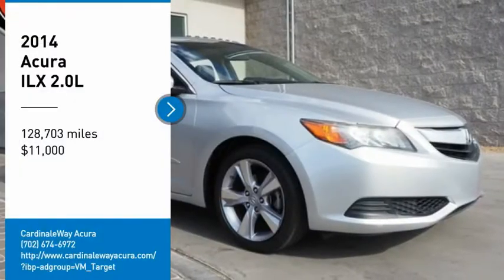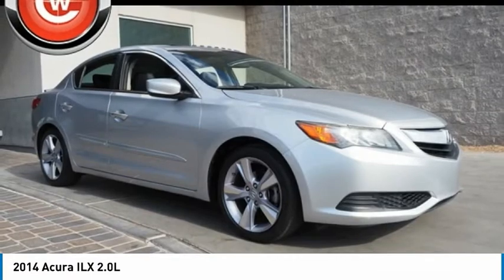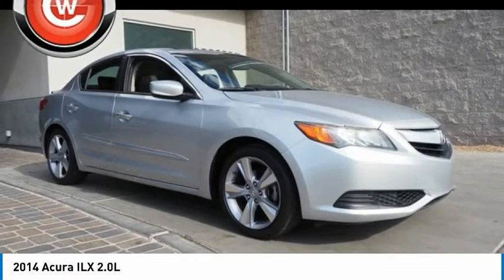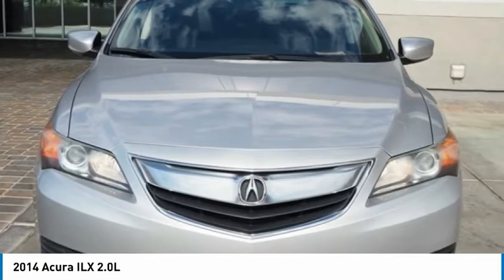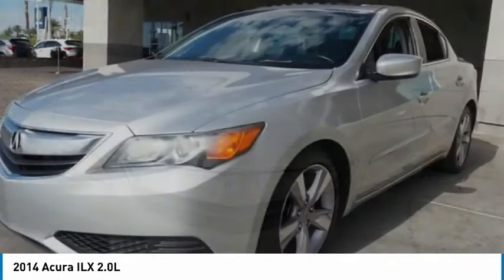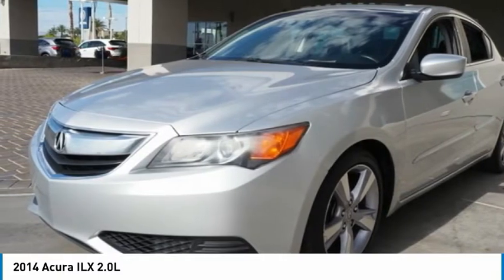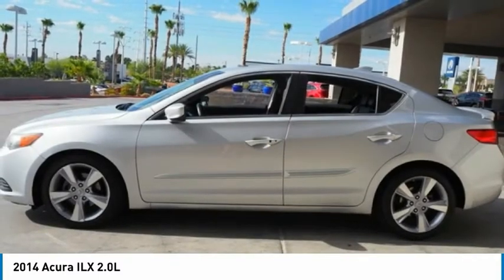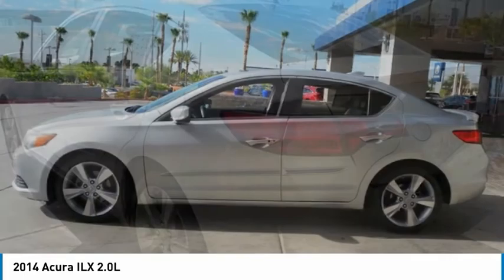You are going to love the 2014 ILX. The luxury in the new Acura ILX includes leather heated seats and a powerful array of voice command and high-end technological advancements, while being powered by a high-performance engine that propels this compact sports sedan quicker than you may expect. If enjoying the drive is something important to you, then the ILX might be the one you are looking for,